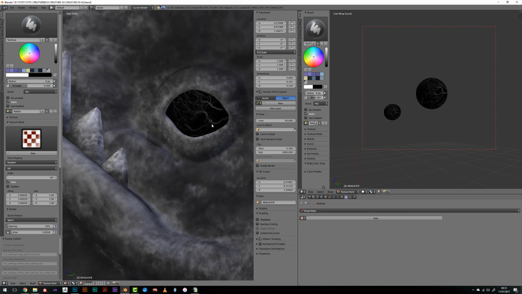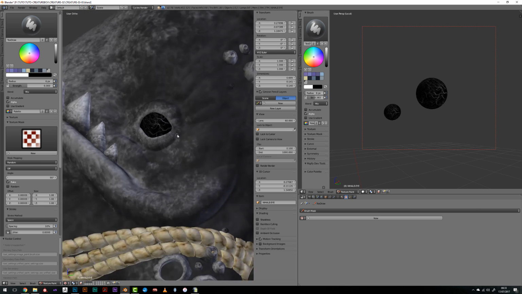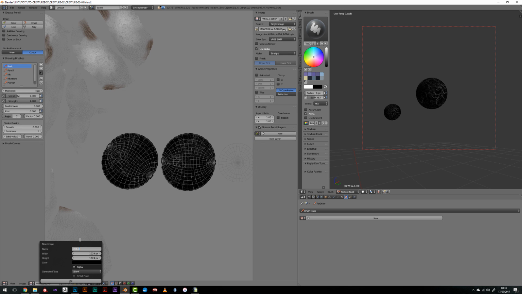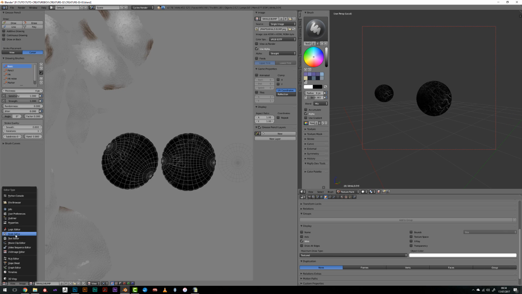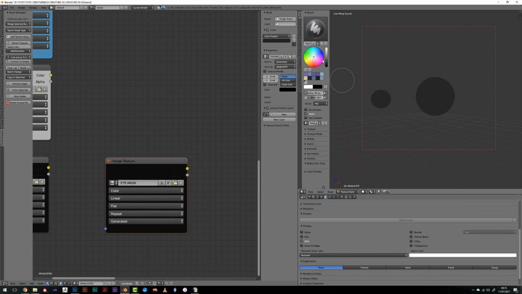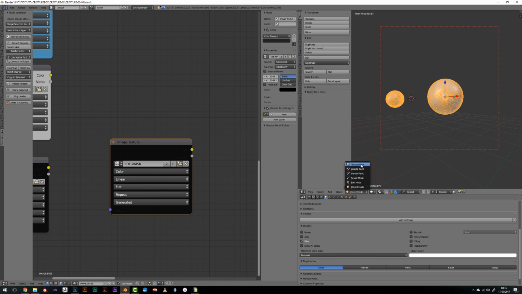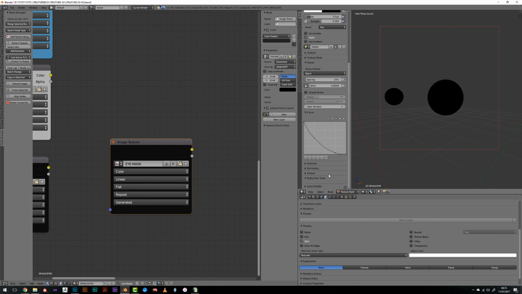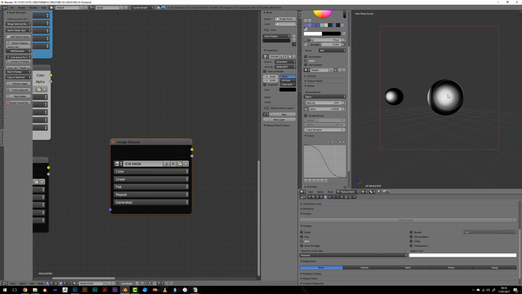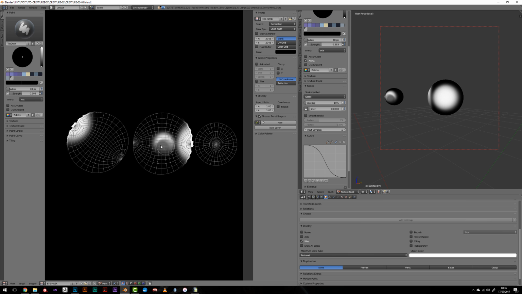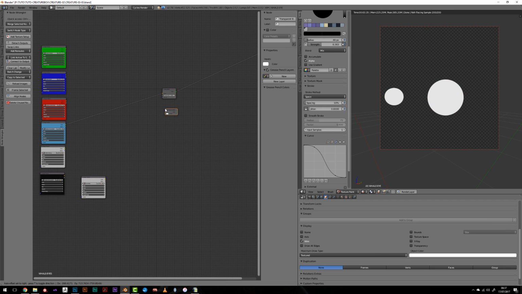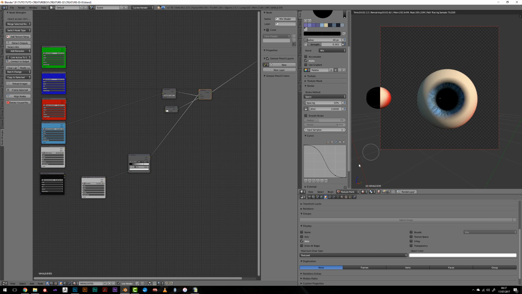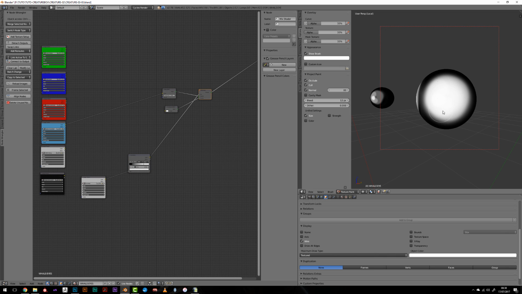I paint the veins on a black and white texture that will also be used for the mapping, and it will be used as a factor for a red color on the sclera of the eye. Then I paint a transparency mask that will allow us to see the iris through the sclera, or I don't know exactly the name of this part of the eye, but you can see it's pretty obvious.